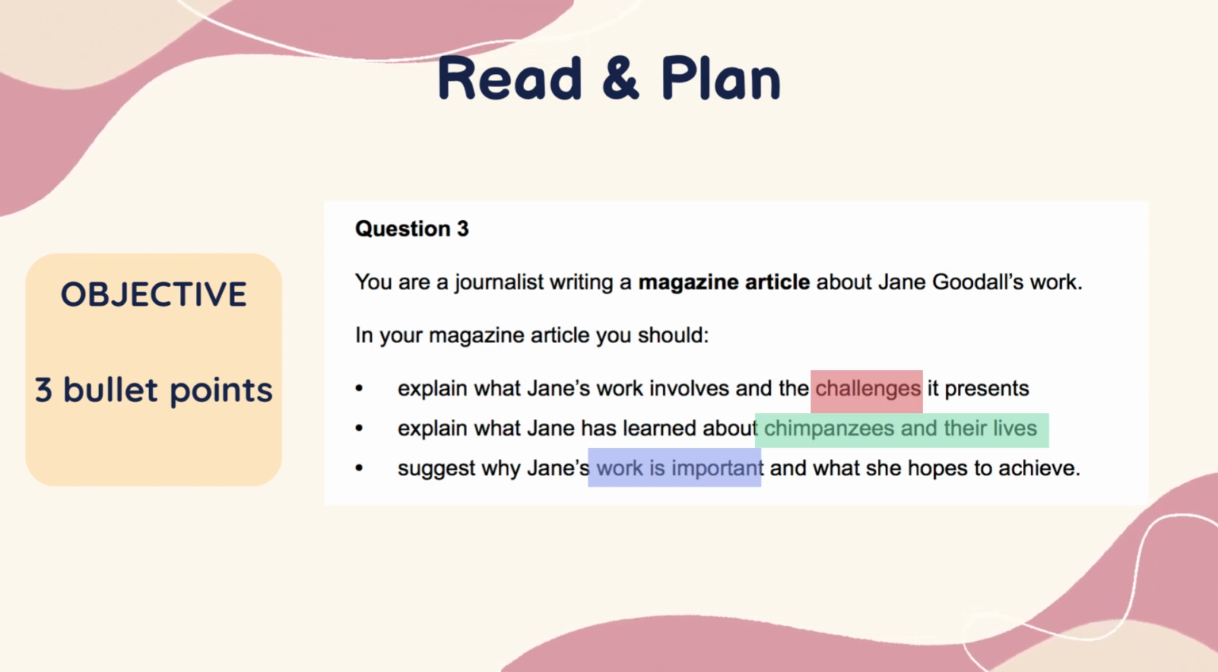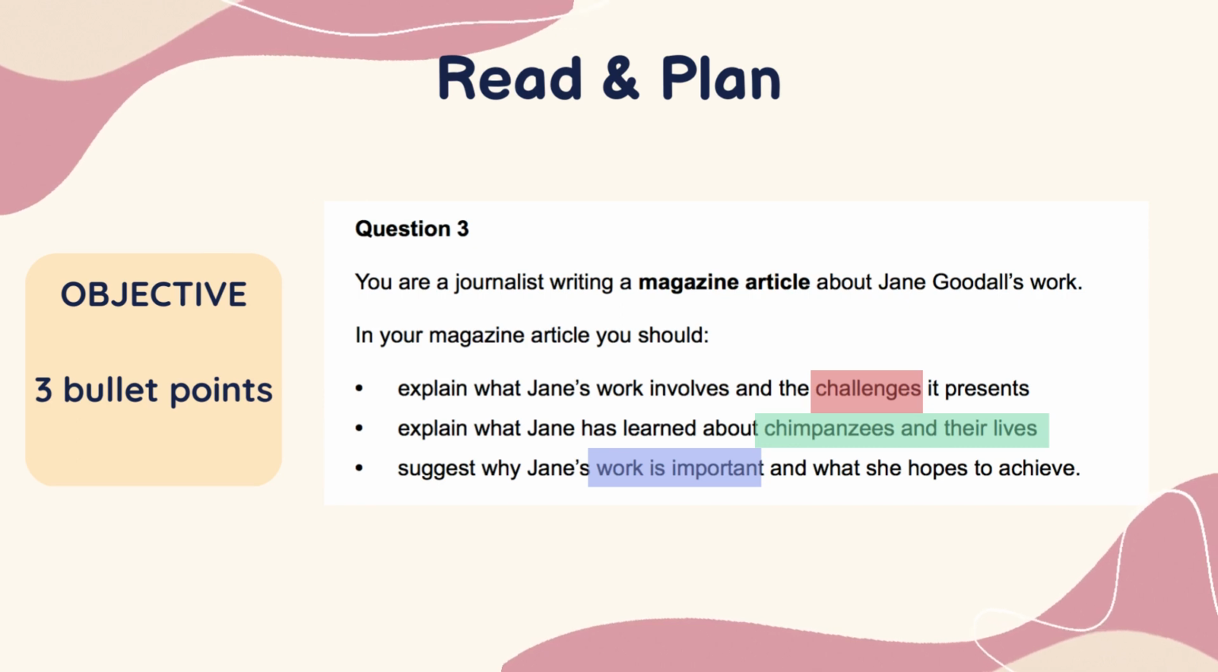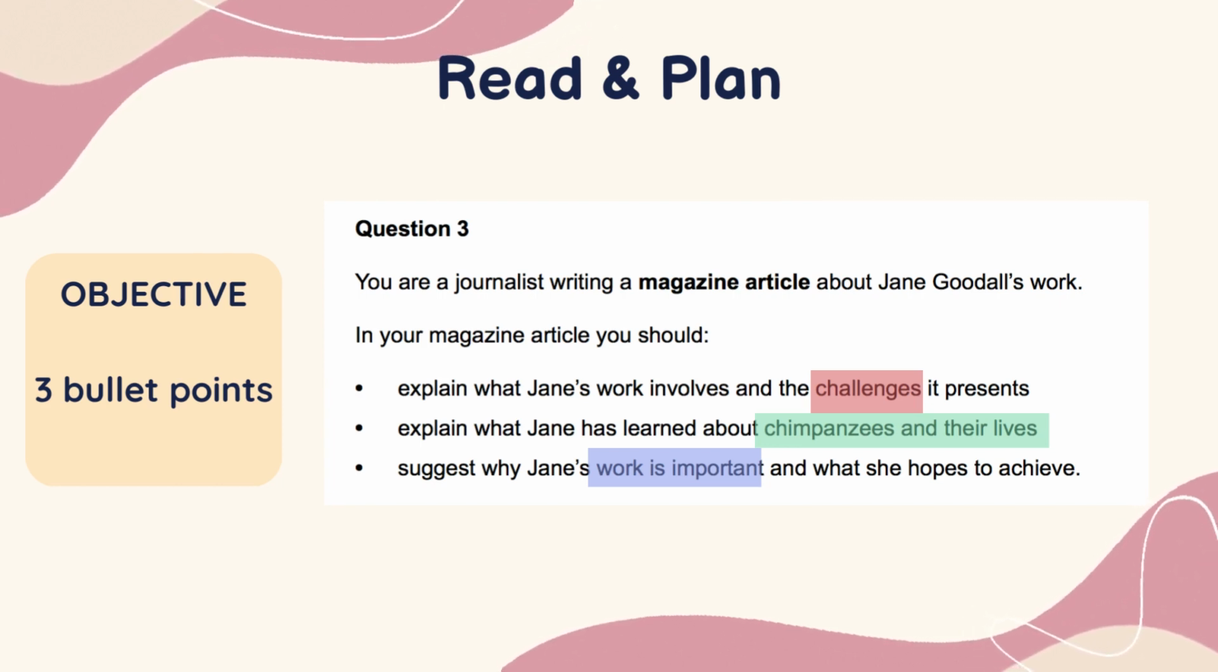For that reason, first, what we're going to do is read the question. So I can see here in this question, there are 3 bullet points. That means there are 3 objectives that need to be accomplished in my article. One is the challenges of Jane's work, chimpanzees and their lives, and lastly, why Jane's work is important. I have color-coded each of these objectives, and I will move forward in annotating my text and finding out these